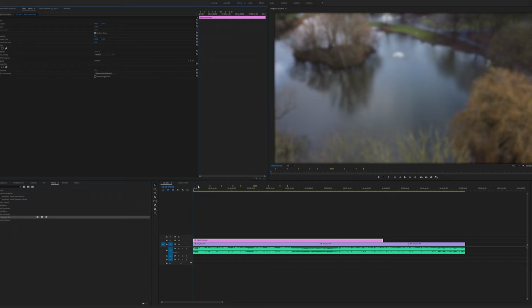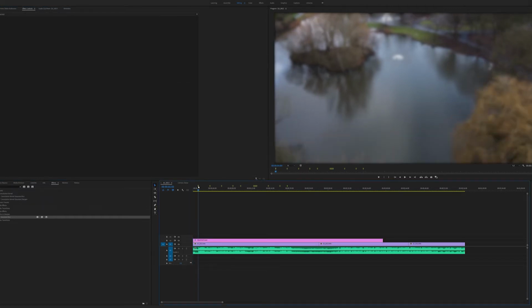So I'm going to click on the timeline and then click on the first marker. That's going to bring us to the beginning of the clip, to where we want to be. I'm going to hit C on my keyboard for the razor tool. You can of course get these from the toolbar. The two tools we're going to use today are the razor tool and the selection tool. So I'm going to click for the first one there.